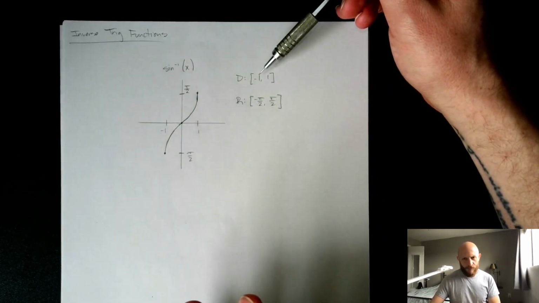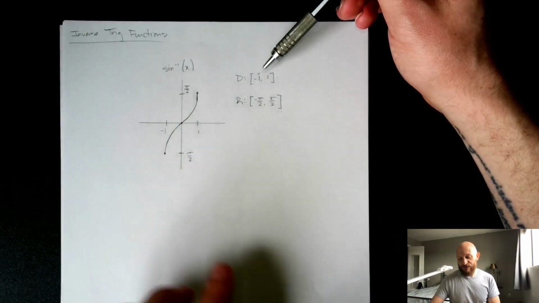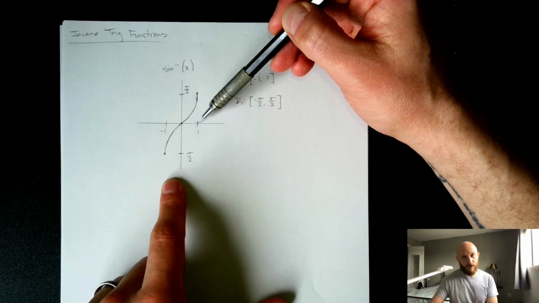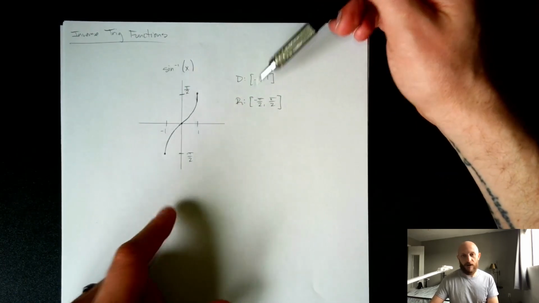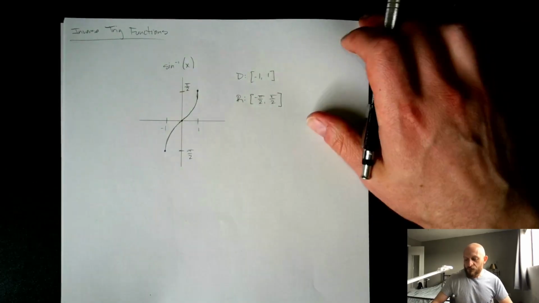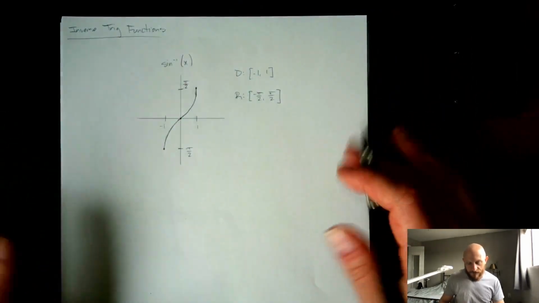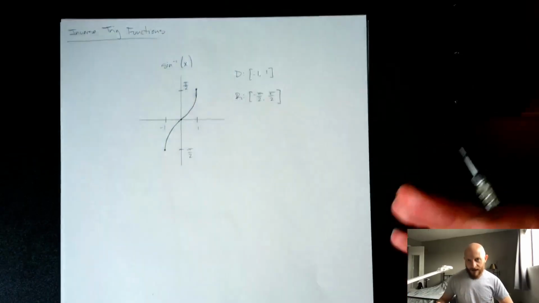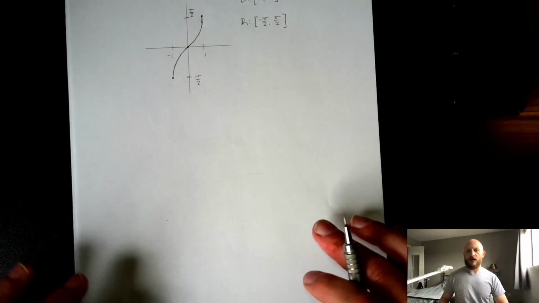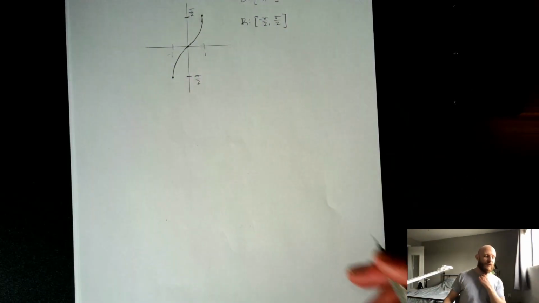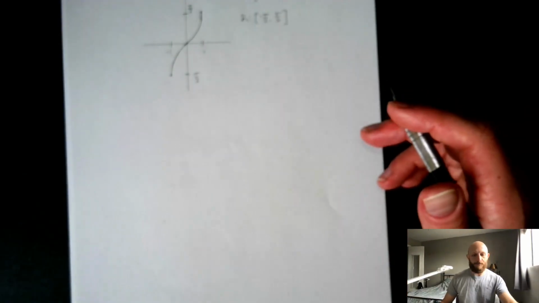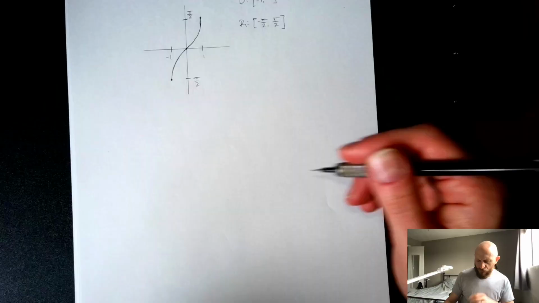Some key points: the domain of sine inverse is -1 to 1. The range of sine inverse is -pi/2 to pi/2. I want to spend a few minutes deriving all of this so that it doesn't seem like it's just coming out of nowhere. Like everything in math, there is a lot of rhyme and reason to why all of this is the way that it is. So to begin,